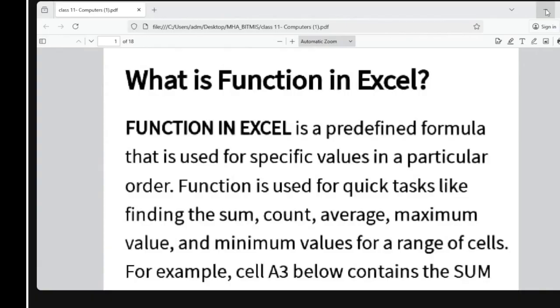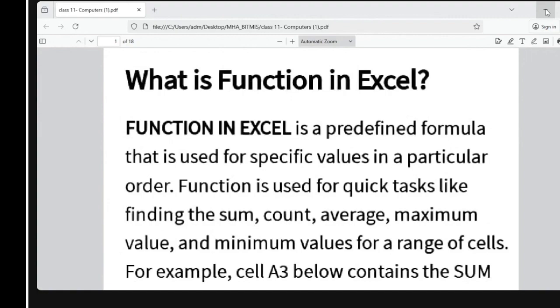MS Excel provides predefined formulas that are used for specific values in a particular order.